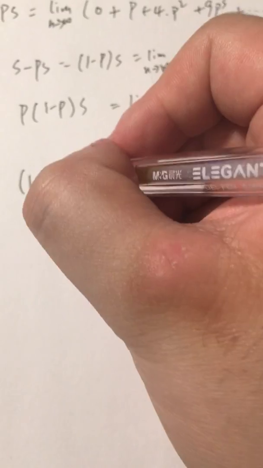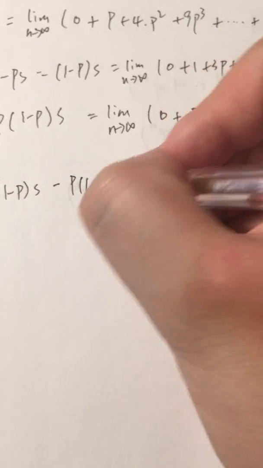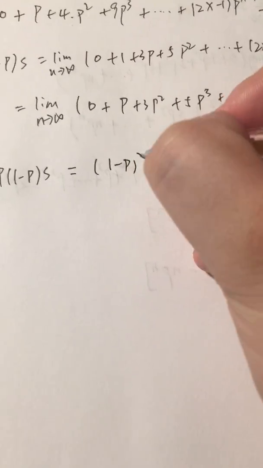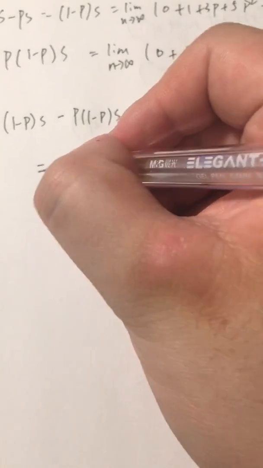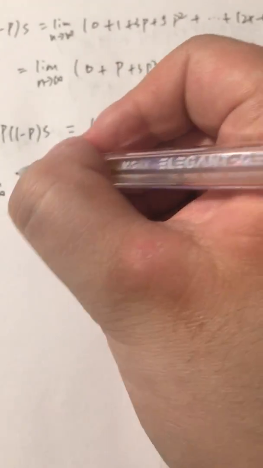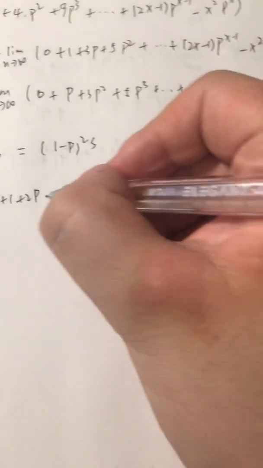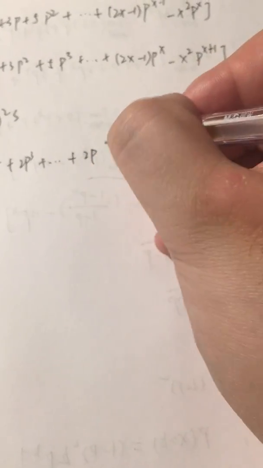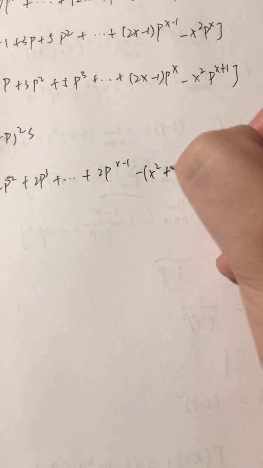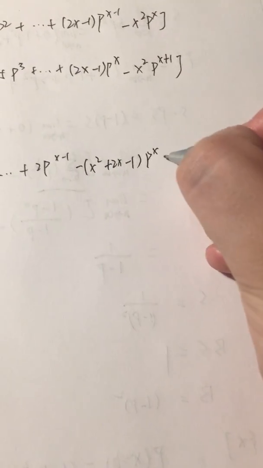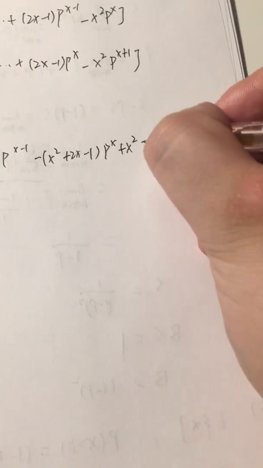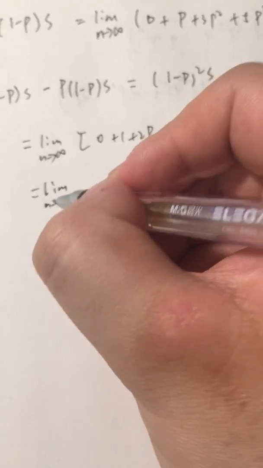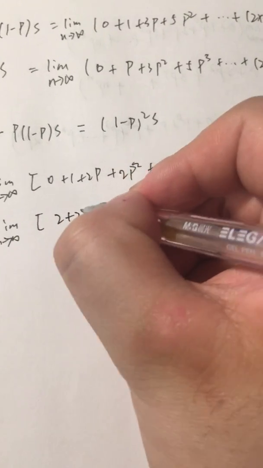We get (1 minus p) times S minus p times (1 minus p) times S, which is (1 minus p) squared S. This equals the limit as n goes to infinity of 0 plus 1 plus 2p plus 2p squared plus 2p cubed, up to 2p to the power x minus 1, minus x squared plus 2x minus 1 times p to the power x plus x squared times p to the power x plus 1, which is the limit as n goes to infinity of 2 plus 2p plus